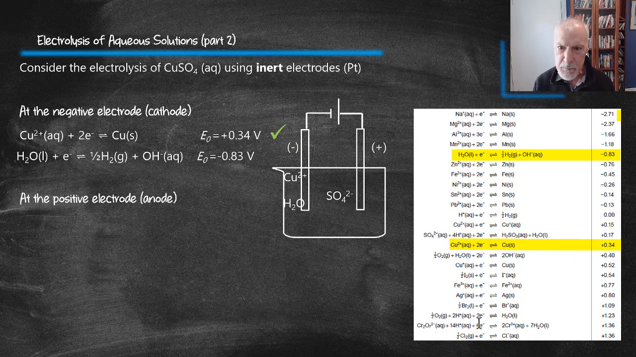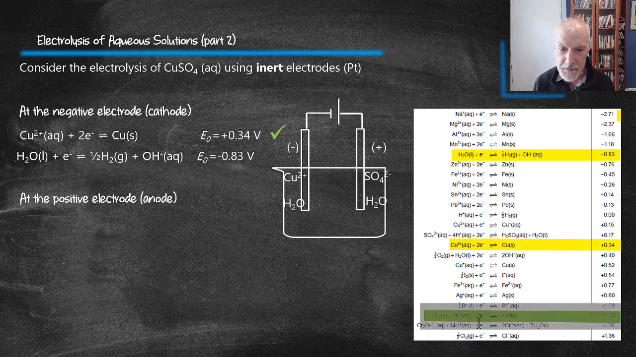Now what's happening at the positive electrode? Again, sulfate could migrate there, and water. Identify the reactions that are present in our IB data booklet. You'll notice that sulfate isn't present here. Now, we do have an equation with sulfate in it, but we have sulfate being reduced, not oxidized. We need sulfate being oxidized, where it's a product and it can be turned back into its reactant, as listed